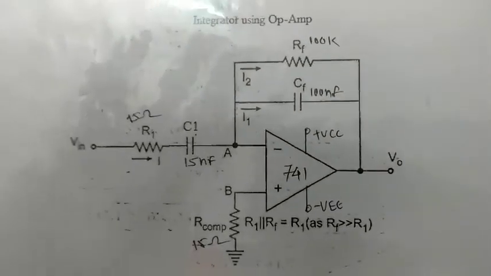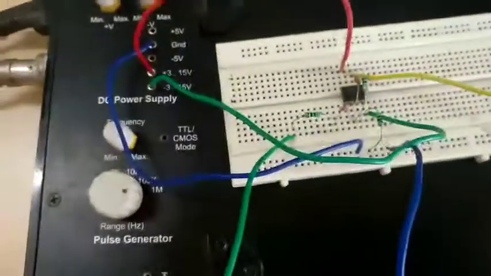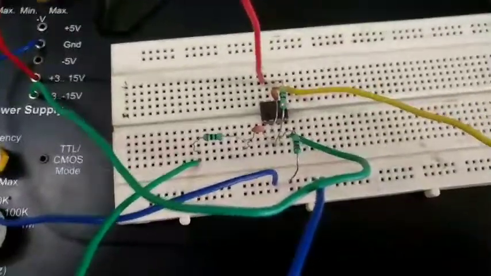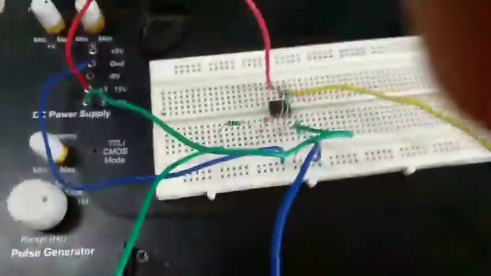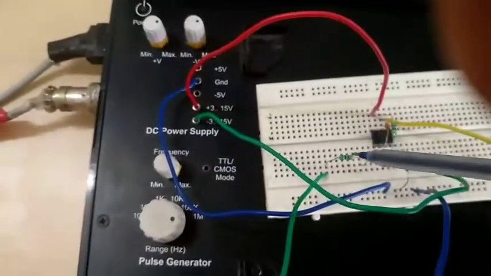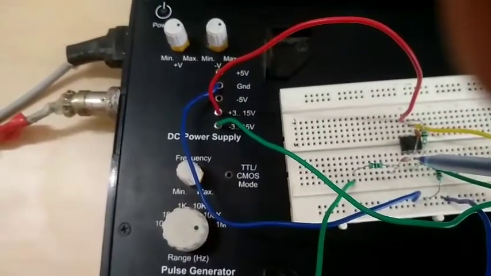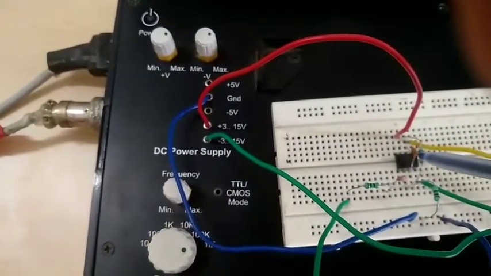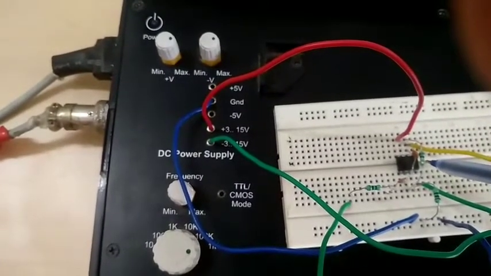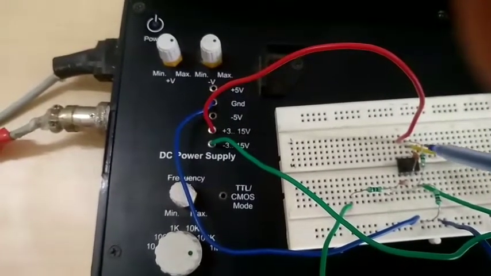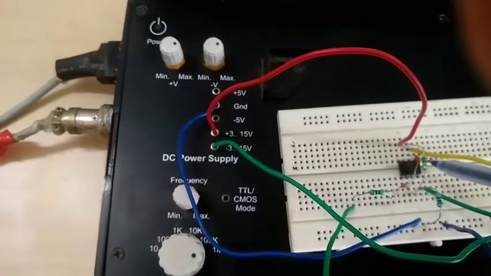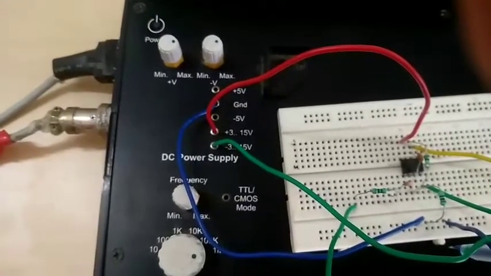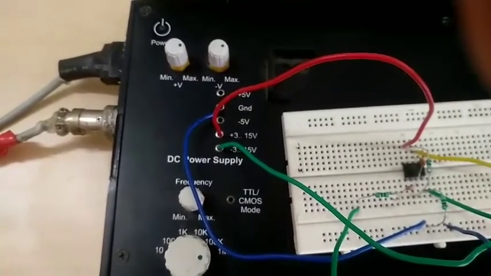So according to the circuit, we just place components and form the circuit on a breadboard. Here also, this is the resistor R1 and this is capacitor C1, which is connected to the inverting terminal, that is in series, and this capacitor CF and this resistor RF are in parallel and connected to pin number 6 and pin number 2 in feedback, and one resistor, that is the compensating resistor,